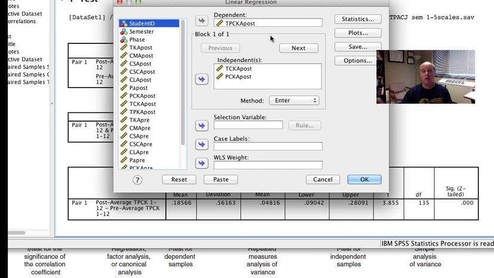So I could actually put all the other average variables in here. But I'll just say, thinking logically, these might be the two that would be most representative of all the others, and my TPCK should relate to both of these together. So the regression allows me to do relationships between variables, but more than two at a time. So I say okay,